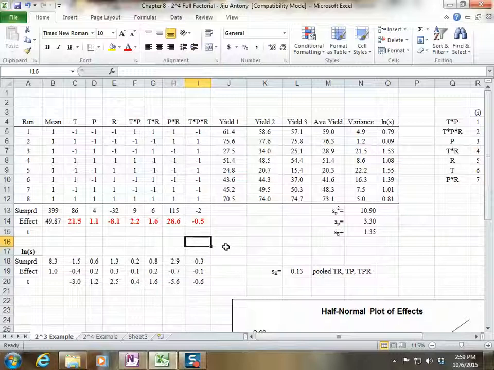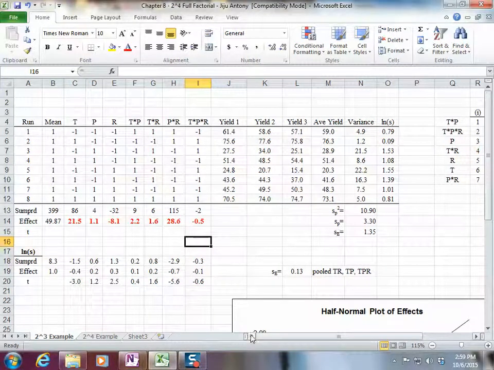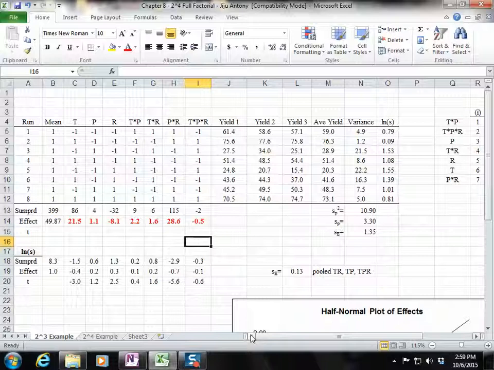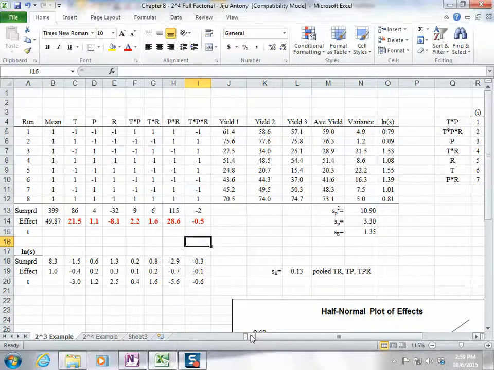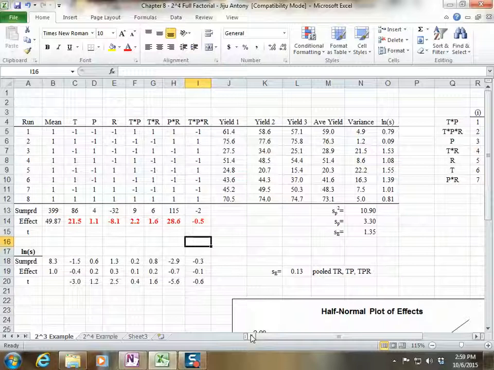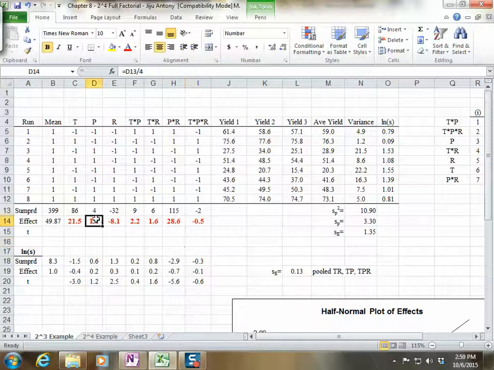Let's explore all that and more. Okay, so what do we do with this? We've got effects. We want to know a couple things. Thomas has the real take-home message: if we're trying to maximize the yield, what do we set temperature, pressure, and residence time at? So let's go through this. This temperature effect says we should run at high or low temperature to maximize yield? High temperature. Pressure would say what? All right, so the pained look on your face that many of you gave me says, I'm interpreting here, that I don't know